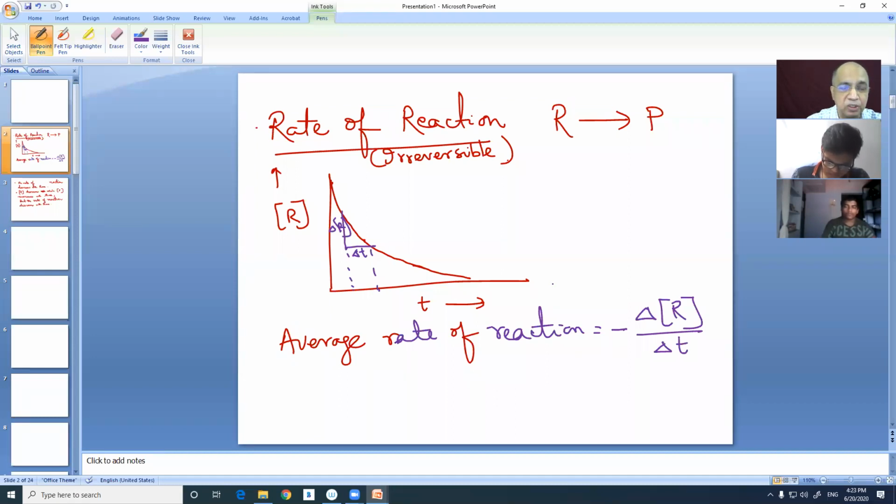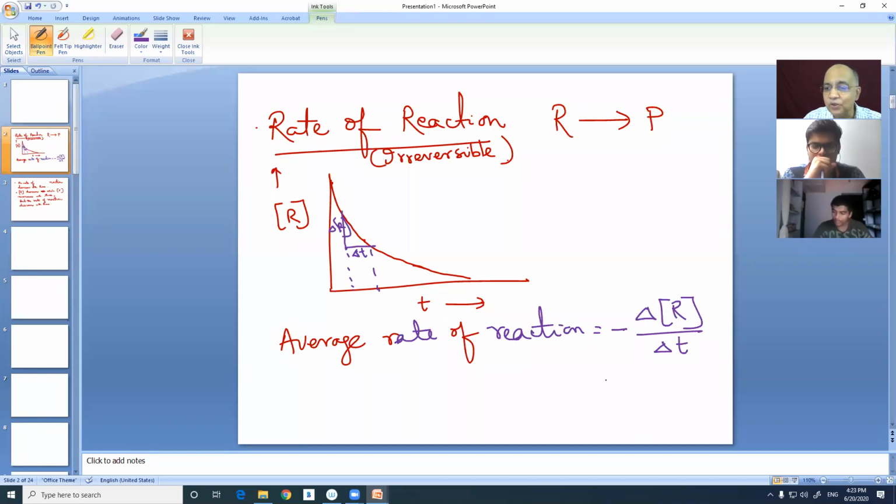when the rate is expressed differentially with respect to reactant. The change in the concentration of the reactant divided by the change in the time, that this time interval you are studying. So that average rate you have to mention between this time to this time. For example, 5 minutes to 5.5 minutes or 5 minutes to 10 minutes. Between that, the average rate was found to be this. Then if you measure between 10 to 15 minutes, its value will be different. It goes on decreasing,